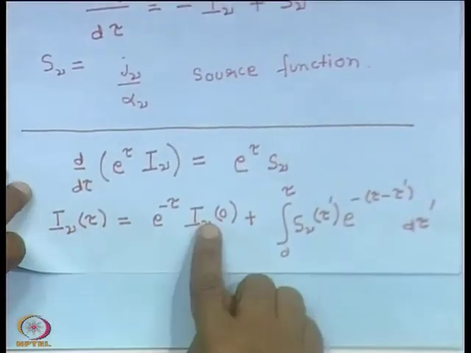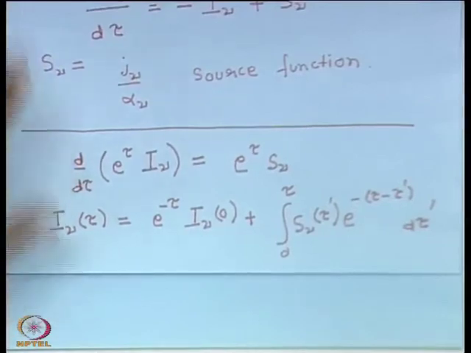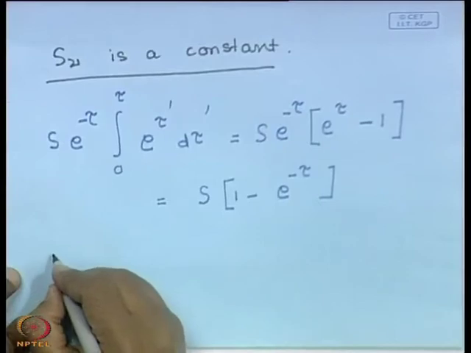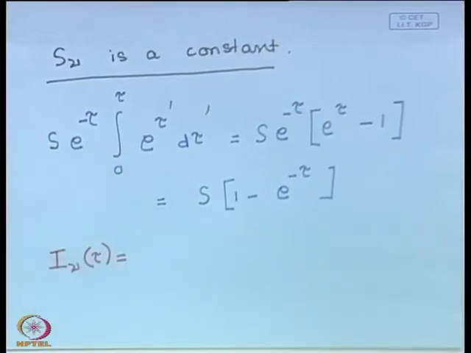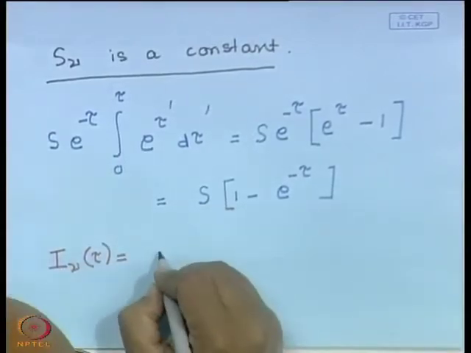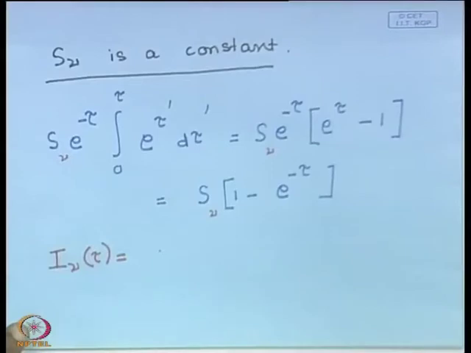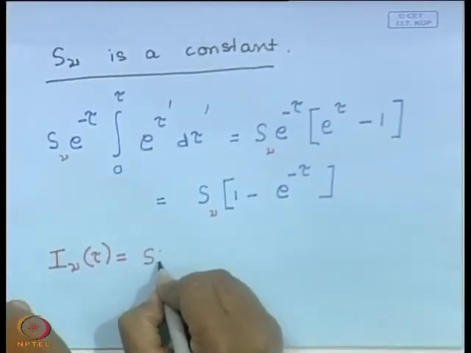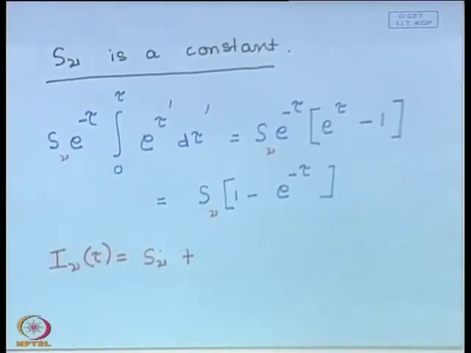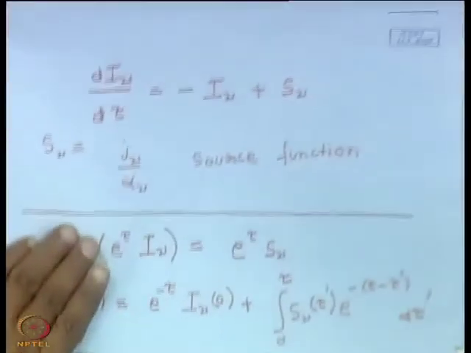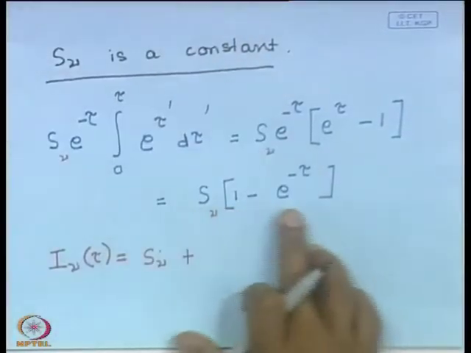and we can now plug it back in. So, if I plug it back in, what do I get? The solution is that I nu, the specific intensity, is a constant term S nu, yes, the subscript nu is there throughout, so at a particular frequency. So, this is going to be S nu plus, we have this term already here, and we have this term which has to be added